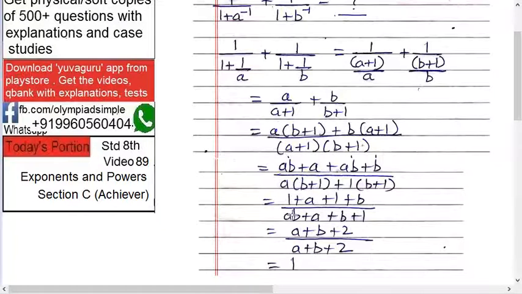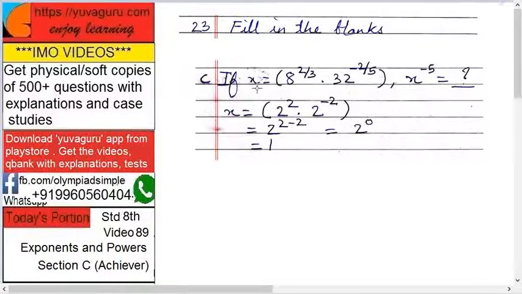But ab is 1 again. So it becomes in denominator also a plus b plus 2. So both numerator and denominator are same. That's why it becomes 1. That is the answer. Next, if x equals to 8 raised to 2 by 3 into 32 raised to minus